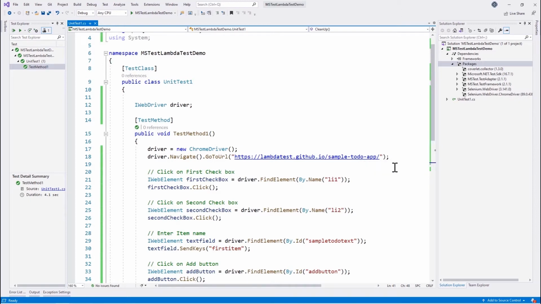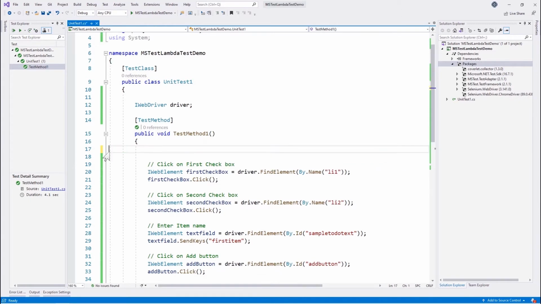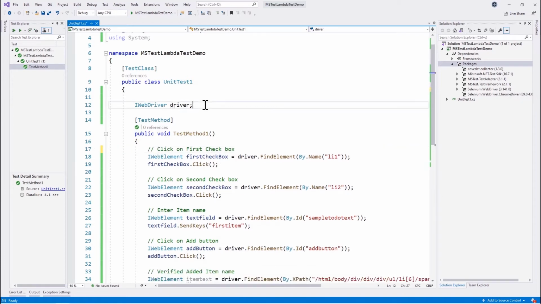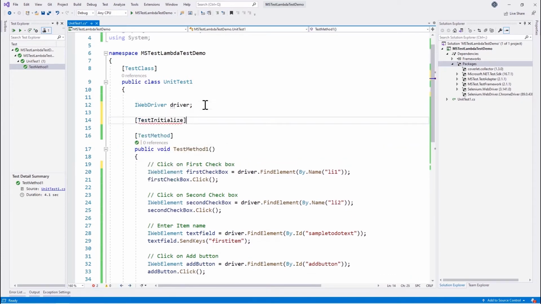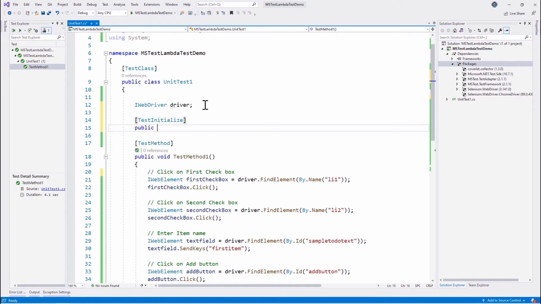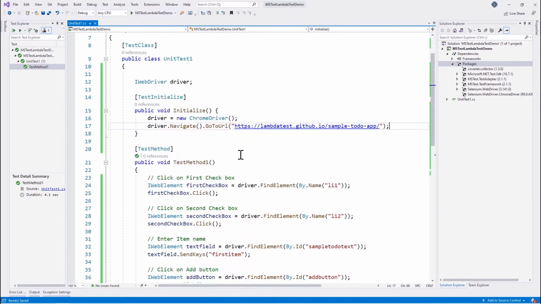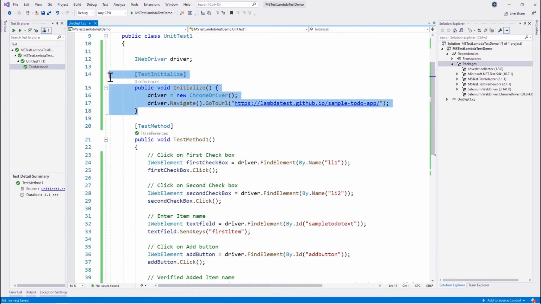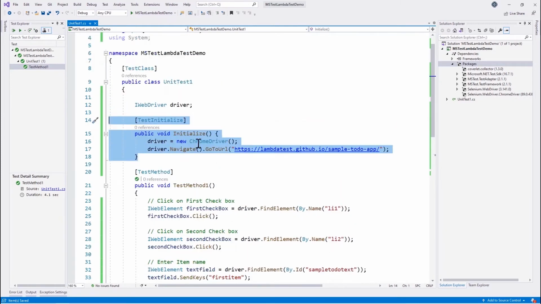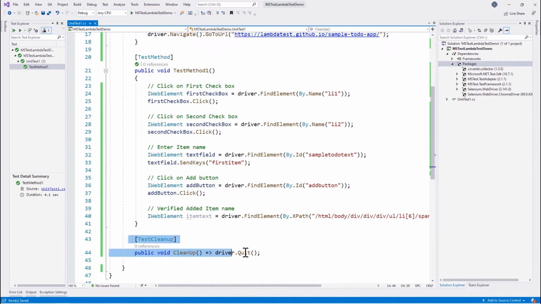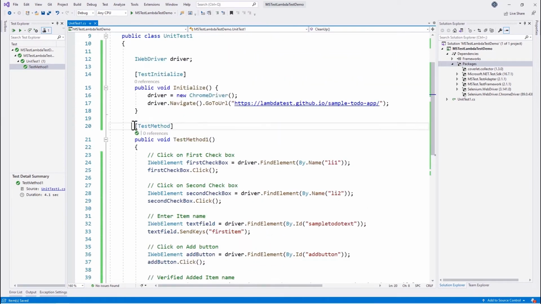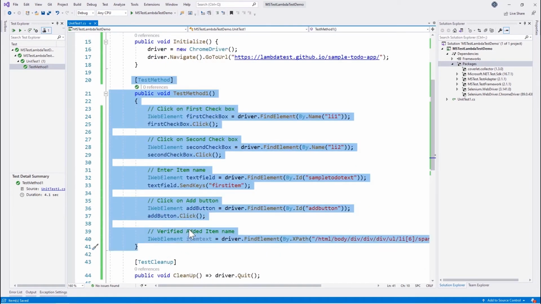For example, if we want to have the Chrome driver in the TestInitialize, we can move it from the test and then we can write the TestInitialize attribute of MSTest Framework to do it for us. So we can just call it initialize and we can copy paste the code over here. So you can see that the initialization is going to be initializing the driver for us, and the cleanup is going to quit the driver for us, and this test method is going to be responsible just for executing the